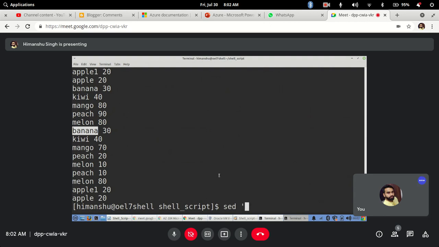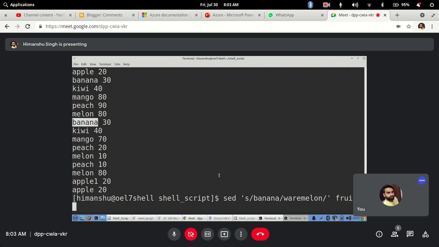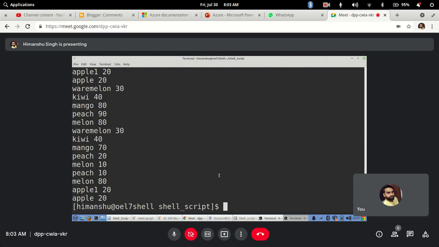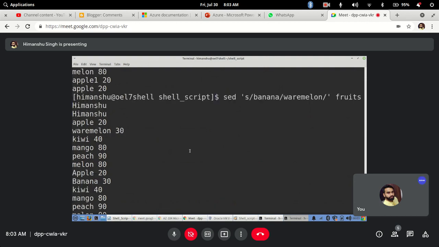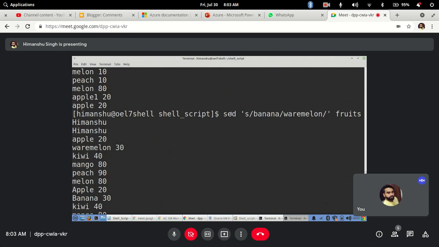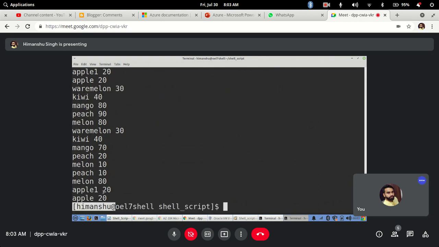Like if you remember in vi, we were doing s at all the places in the file, search for banana and change it to watermelon. Then give your fruits file and hit enter. What it has done is changed that, but it has not changed the original file. The original file still has banana, but in the output you can see all the bananas are replaced with watermelon.